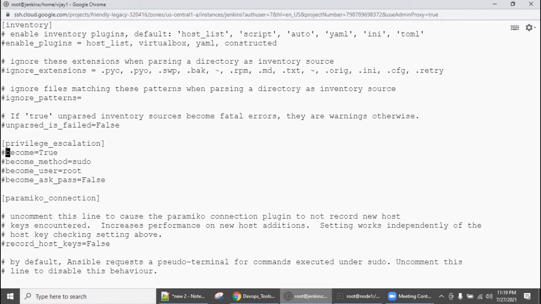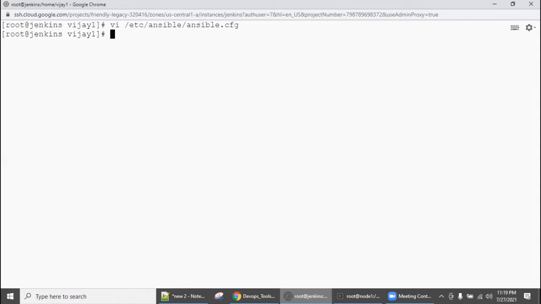Here you can enable it, uncomment it. Oh, sorry, become. So I'm just removing the hash. Save it.